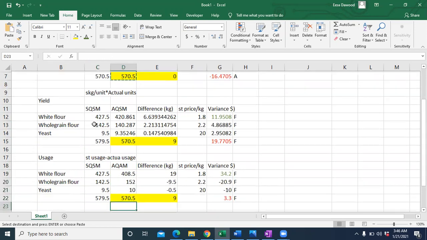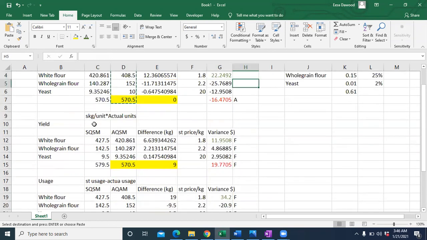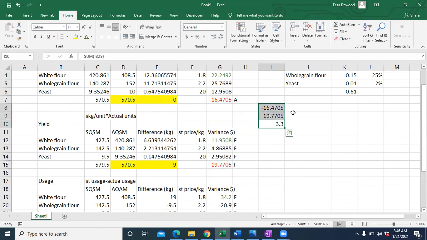Okay. So I haven't done anything else. See, I get my answer. I get my answer of the usage variance. Even if I net these two figures here, this will give me the answer for the usage variance.